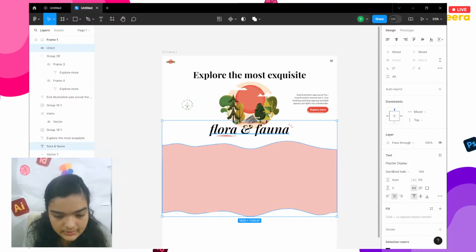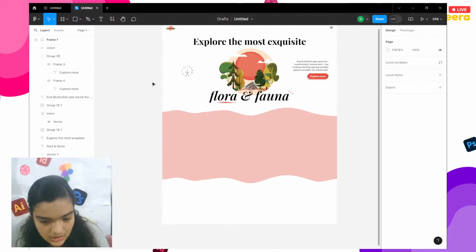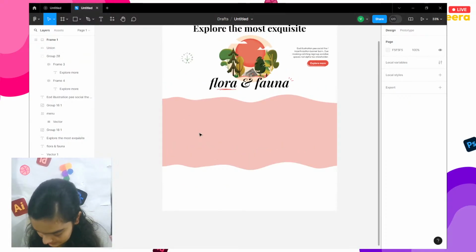So this button is this trend. I don't want sticky keys, Windows, don't annoy me again. All right,